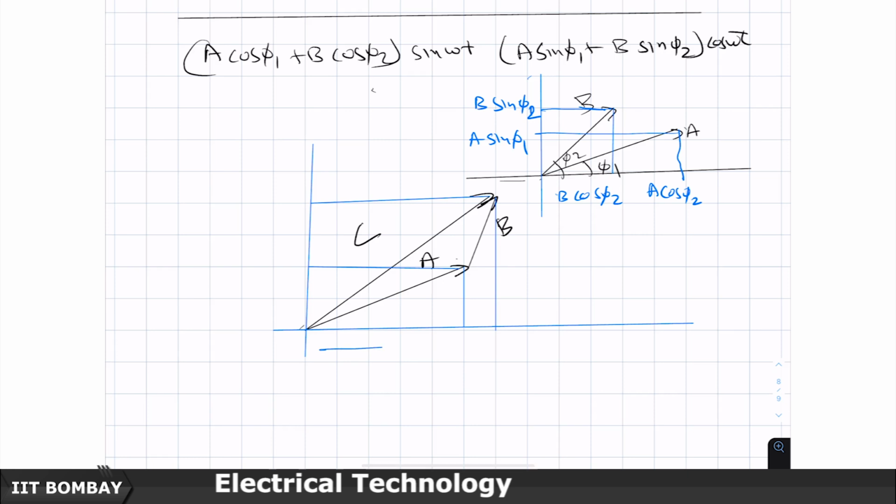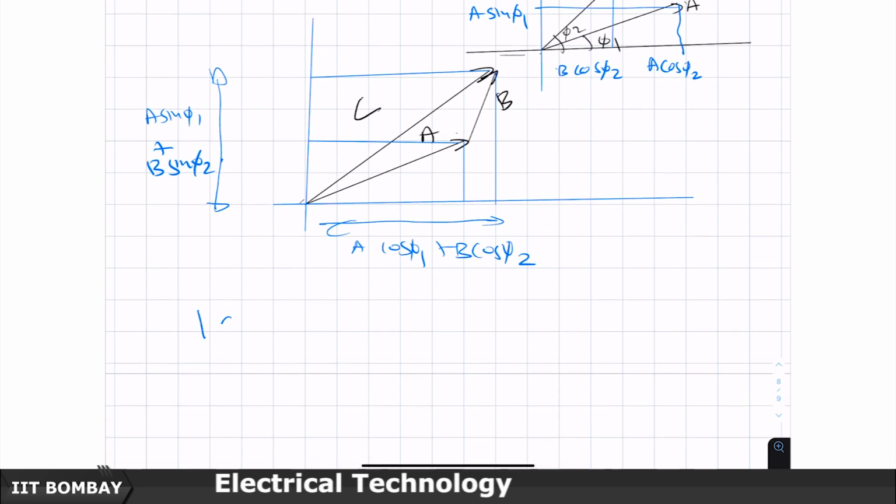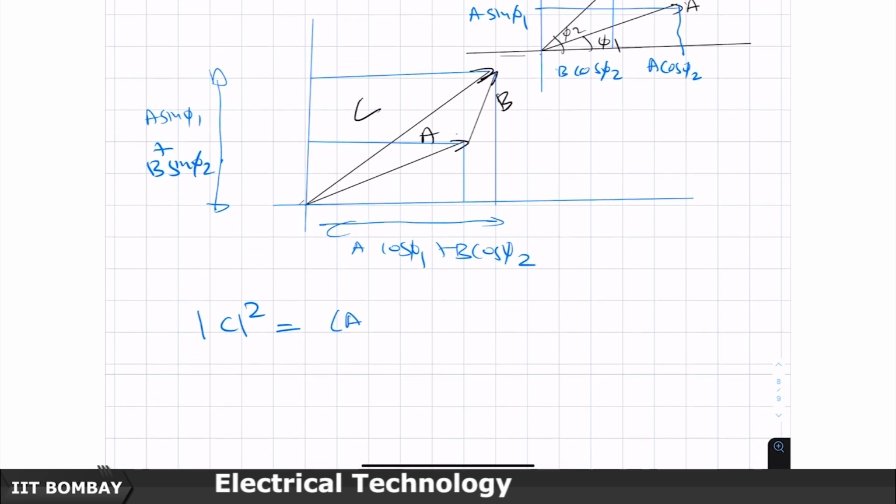This is A cos phi 1 plus B cos phi 2, and this is A sin phi 1 plus B sin phi 2, and now the modulus of this C vector is nothing but equal to the square root of A cos phi 1 plus B cos phi 2 whole square plus A sin phi 1